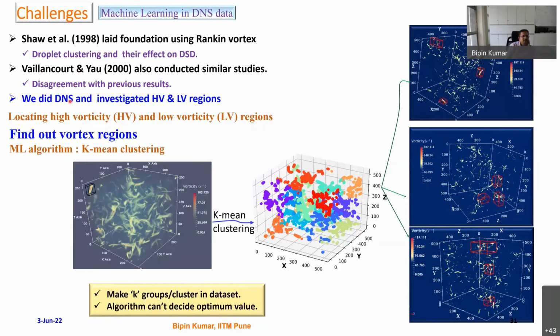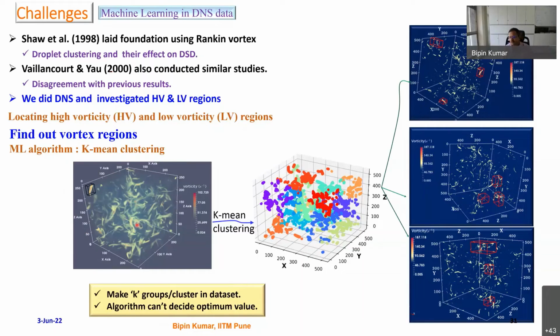When we did this 3D simulation, the 3D DNS, all those people were involved: Shaw et al., Raymond Shaw and MKAU, they all were there. But suddenly it came to our mind that we have not touched this area. So MKAU said, look, why don't we study these properties? And then we had the idea that we take the DNS data and start finding the low